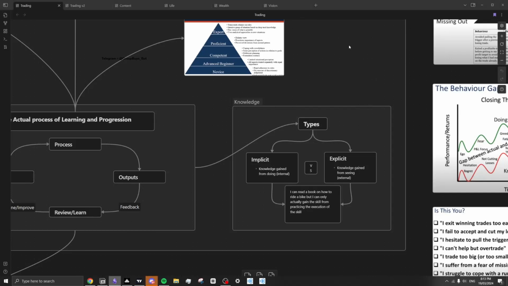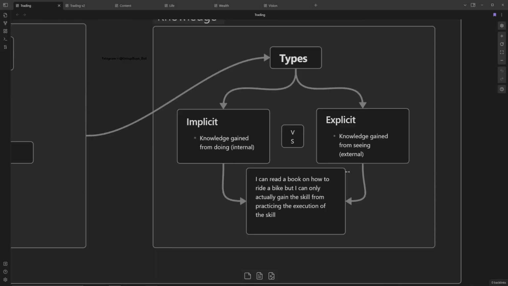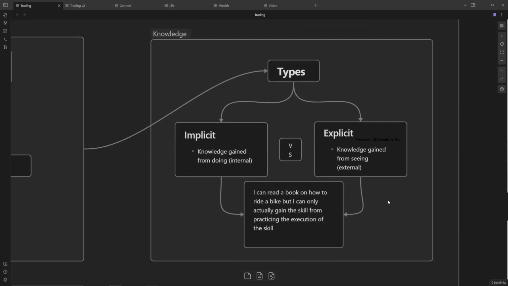So we'll just start off. How do we learn? How do we improve the skill of trading in that sense? When we're learning a skill, it's important to know the foundation of that, the meta skills. So, learning how to learn. Trading is very similar to any other skill. It can be riding a bike, shooting a basketball hoop. It's probably most similar to poker, because that's also a game of probabilities.